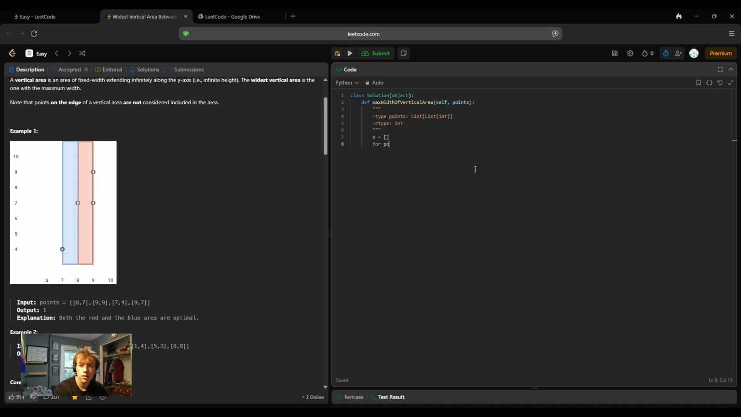So for point in points, if... no, we don't need an if statement. All we have to do is just append to x the x coordinate, or the first index. Then we want to sort the list in ascending order. So x.sort. So now x is sorted in ascending order, and then we want to create a new